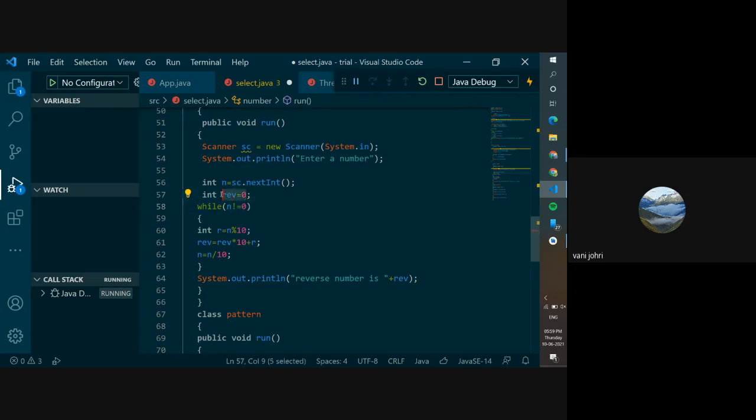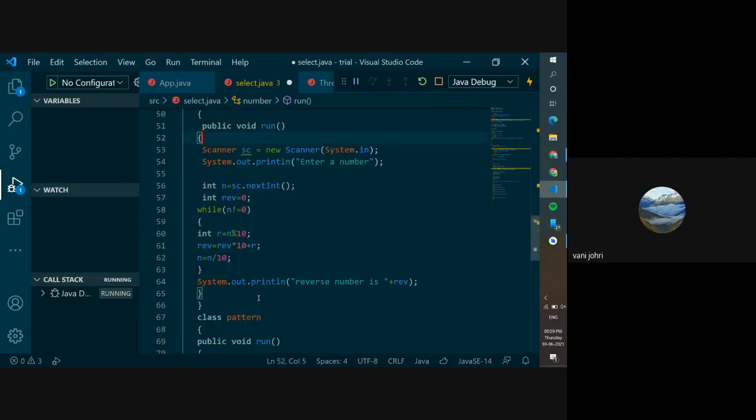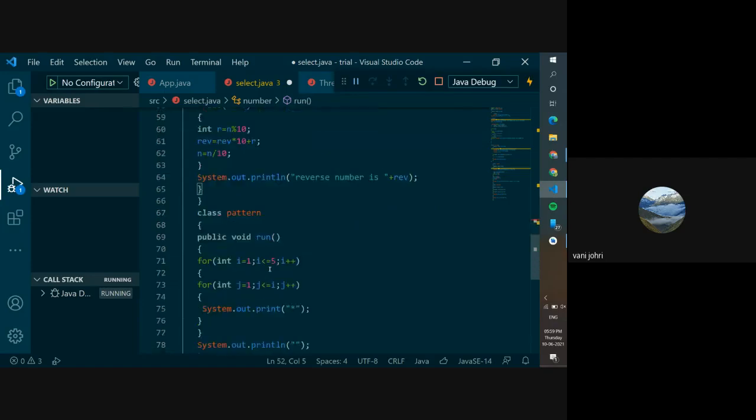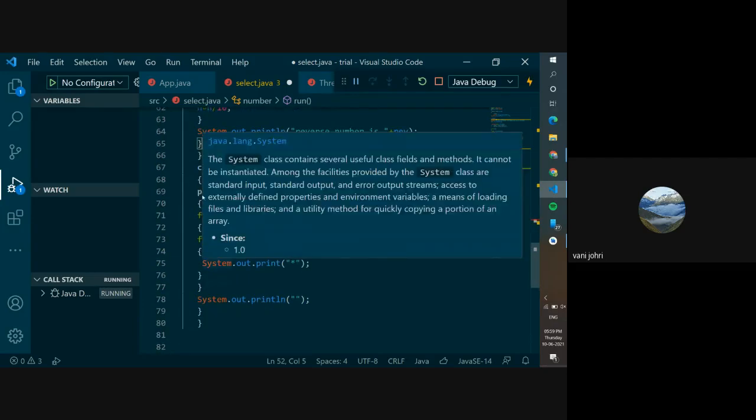Now, all these values you would understand only when you run this and see how the output works. What I'm going to do tomorrow, 100%, I'm going to take a notebook and pen and show you how to dry run programs, because I feel like you guys are not able to do that. And then this would just work. And for the pattern, I'm just fixing the pattern too because it's already time.